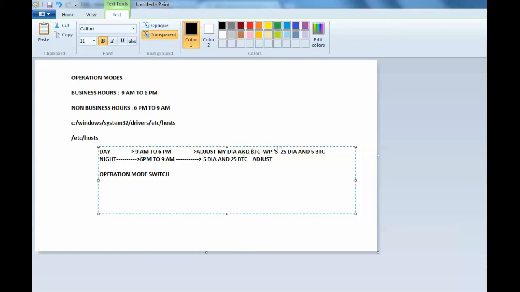So it is switching: dialog from 25 to 5, and background from 5 to 25. This switch is called an operation mode switch.